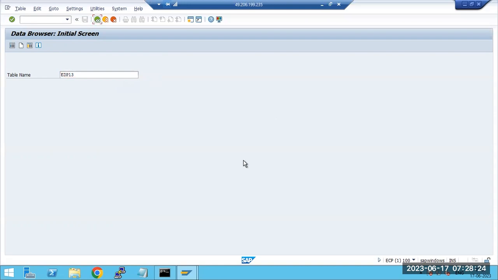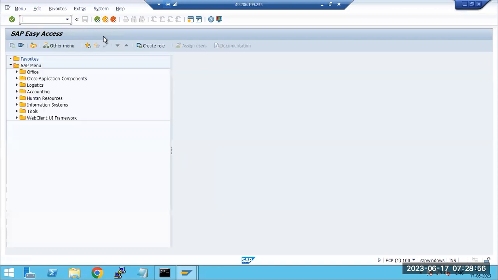The thing is, you need to remember a few tables, the EDI tables, like EDID4. EDI means the EDI star tables. You can just remember the EDI star tables, which are related to IDocs and partner profiles. Simply remember them as the IDocs and partner profiles tables.